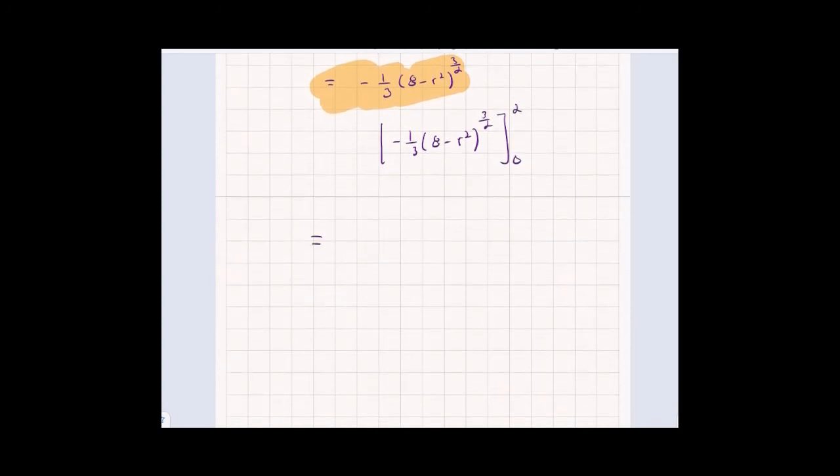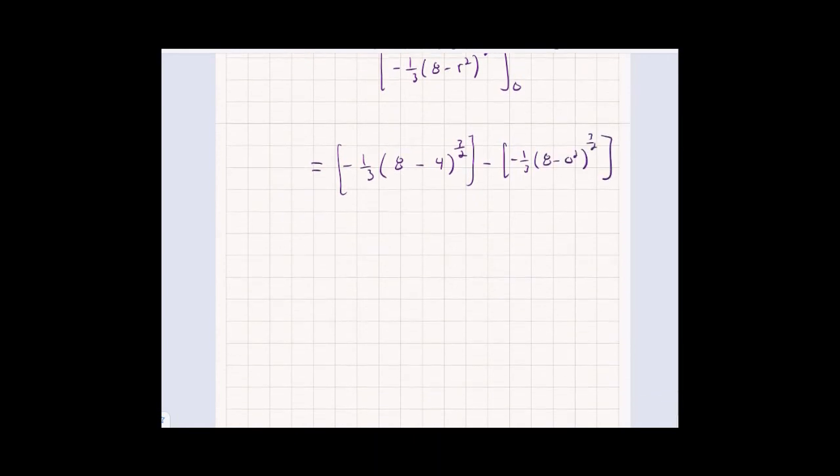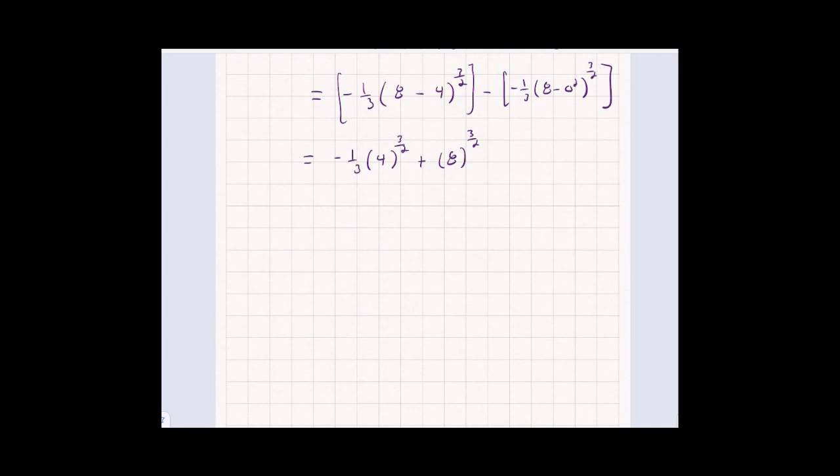R is ranging from 0 to 2. This is, of course, negative 1 over 3 of 8 minus r squared, so 2 squared, which is 4, to the power of 3 over 2. And then I'm subtracting negative 1 over 3, 8 minus 0 squared, to the 3 over 2. This is negative 1 over 3 times 4 to the power of 3 over 2, and plus, because the negatives will cancel, the negative 1 over 3, 8 to the power of 3 over 2. 4 to the power of 3 over 2 is 8, because the square root of 4, the 4 to the 1 over 2, is 2, cubed is 8, so I get negative 8 over 3, plus